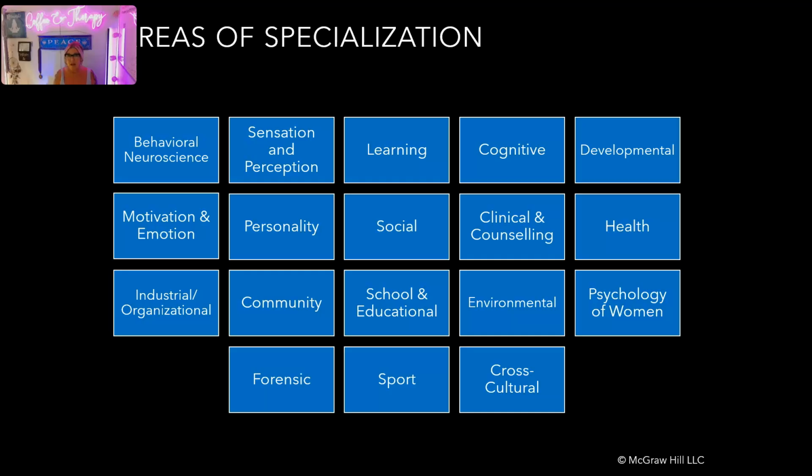So if you decide, I don't want to be a therapist, let's say, or I don't want to be a psychologist, maybe I want to be a social psychologist. Well, you're going to study, and I'm going to break this down in later chapters. You may want to be a researcher that studies social trends. So you might work in places like with Instagram, with Google, with TikTok, with all of the different social media platforms.